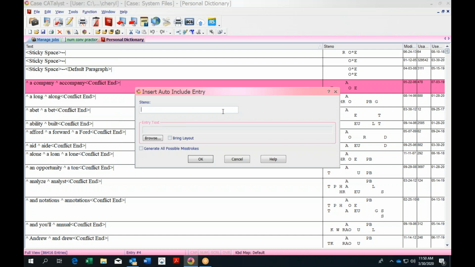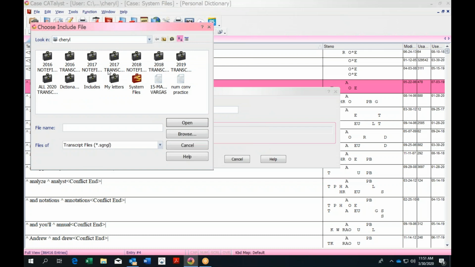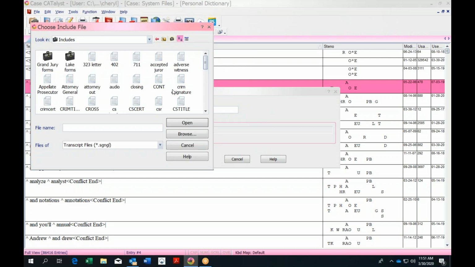It's going to ask me for what steno I want to use. So if you wanted to include a certificate and you wrote cert, this is where you would put that. So you would put in the strokes cert, if you wrote it in two strokes. Then you're going to browse to your include file. And now I'm going to look for that certificate here. So if I wanted to automatically include my criminal e-signature, which has my signature already on it, go to the includes folder, open it,